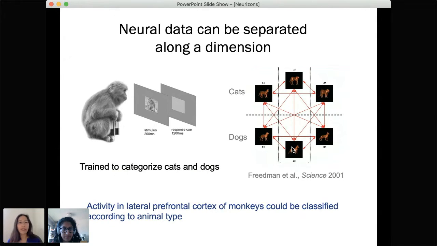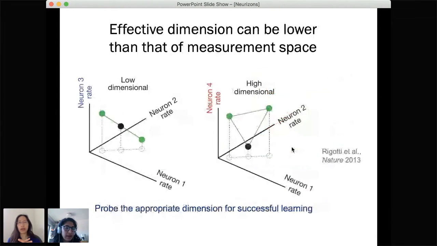Of course, in real life, we have not just one single dimension, but many, many dimensions. And so the idea will be to capture the right dimension that's appropriate to the task. At the same time, we know that when we measure data, we get a much, much higher measurement space, because let's say we have many voxels or many probes. And so here I just want to highlight the fact that, as we know, the data often lies in a much smaller space. If you look at the huge measurement space, the actual variance is usually just along a few axes, much smaller than the possible huge measurement space of the data.